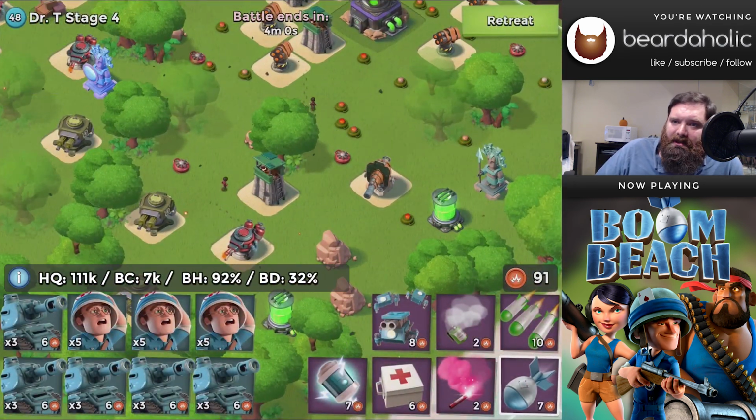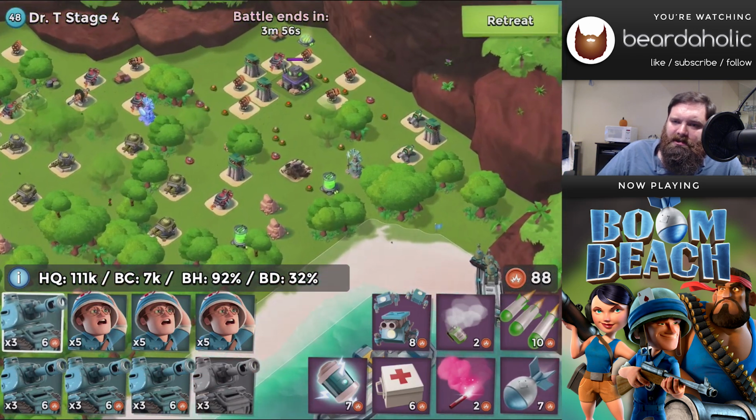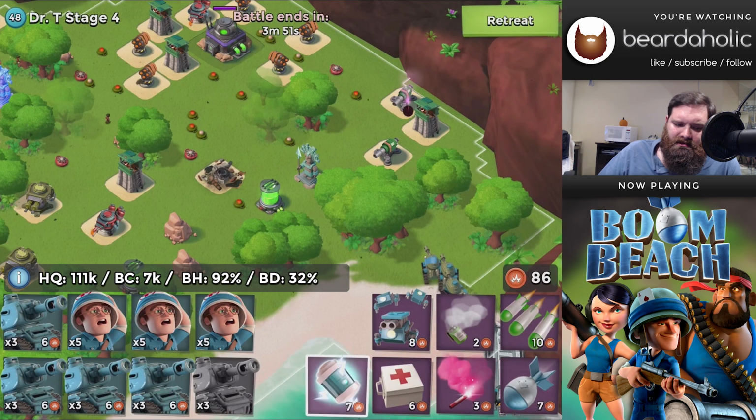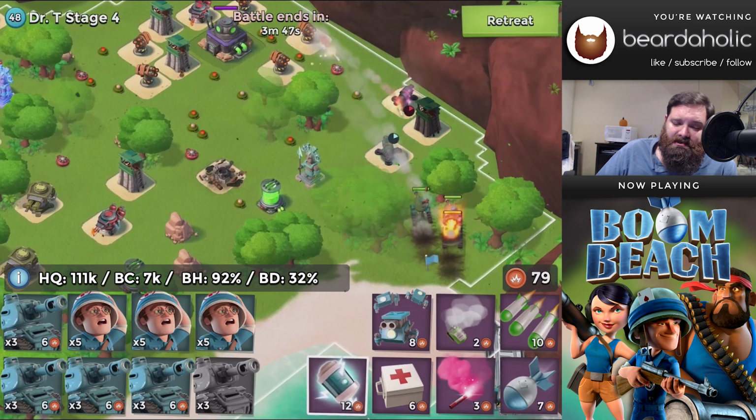Okay, Stage 4, let's move in here. Taking out the boom cannon with a couple artillery shots, dropping in the bottom right-hand corner, and then going up the right-hand side. Holy smokes, that's annoying. Alright,